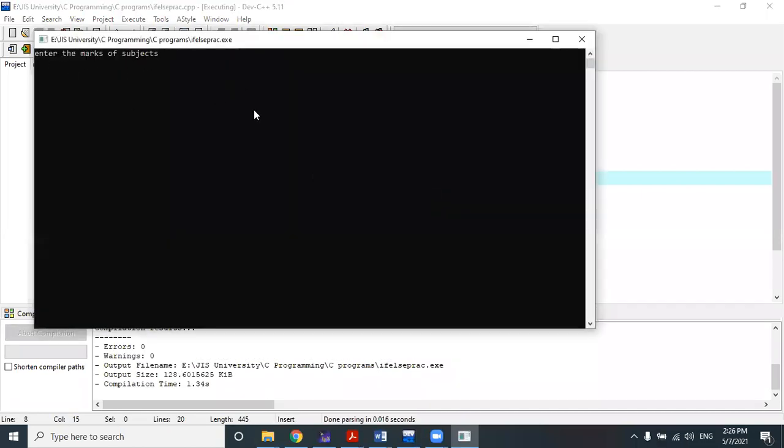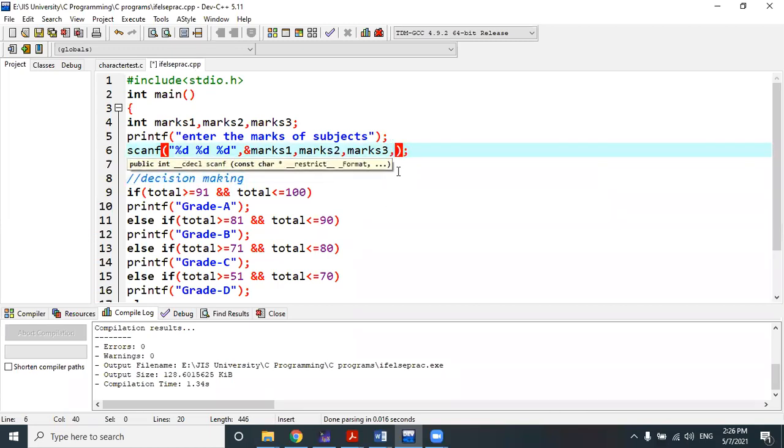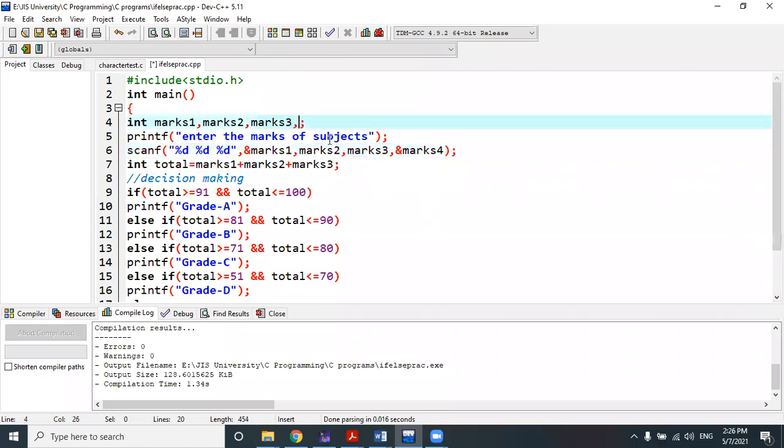So let's check it out. Enter the marks of the student. So first we are entering the marks of the first student, 50. The addition of all the three subjects should be less than 100. So ami arekta subject niye ni, ampersand marks 4. So each subject contains 25 marks of test, right? So 25 into 4 means how many? What is the total value? 100. So all the value should be less than 100, right?